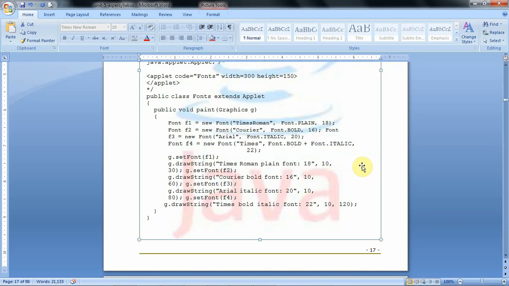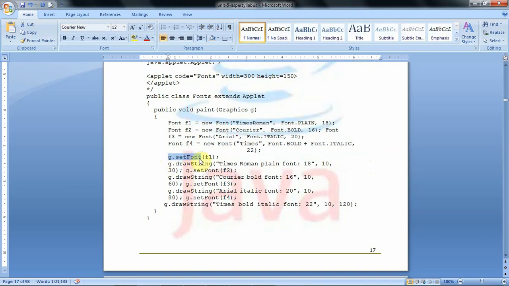Then to set the font for the container or window or the contents of the window, we have the method g.setFont. So g.setFont, here we need to give the font object, either f1, f2, f3 or f4.